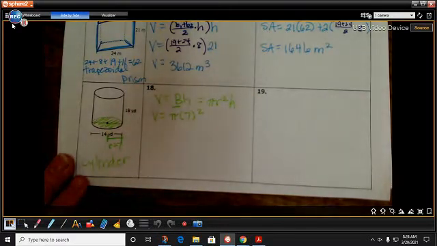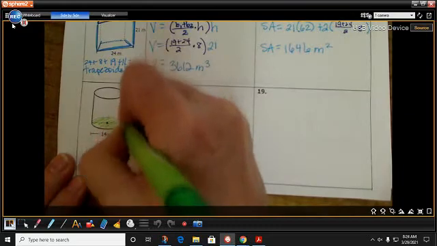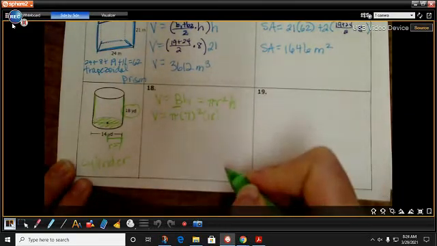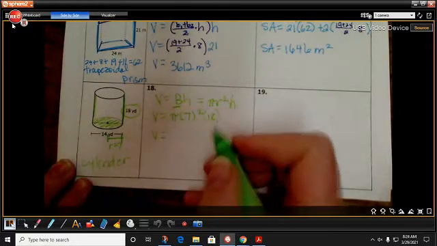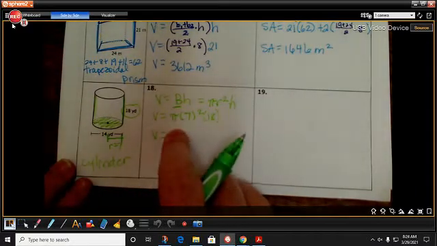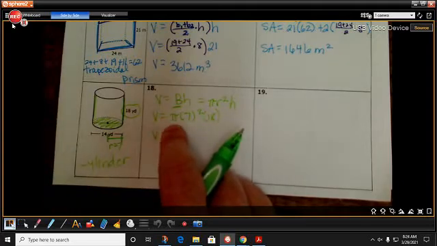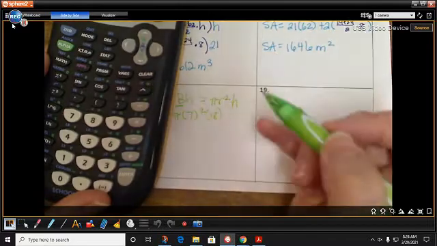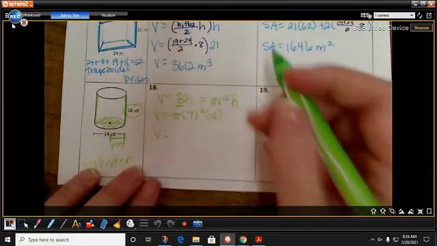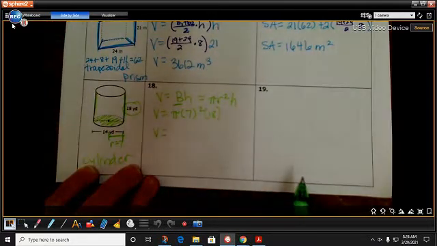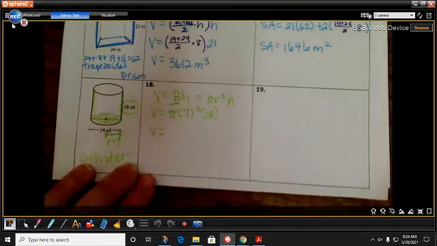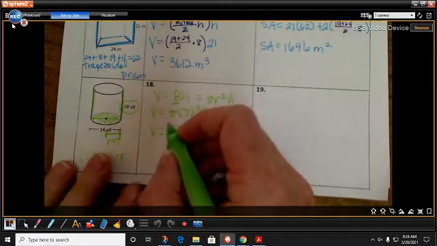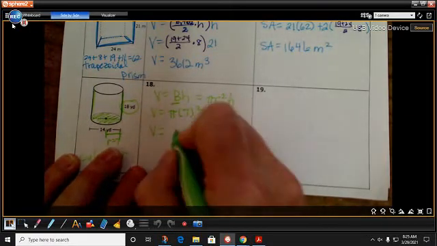So I'm going to drop 7 into my formula. And then the height of my cylinder is the distance between the bases, which is 18. Working all this out, it doesn't matter if you use pi being 3.14 or if you come in here and use the handy dandy pi button on your calculator. It'll give you a different number of decimal places, maybe a slightly different decimal at the end, but it's close enough. I don't care which one you use. I will tell you if I want something certain. You put all this in and you get